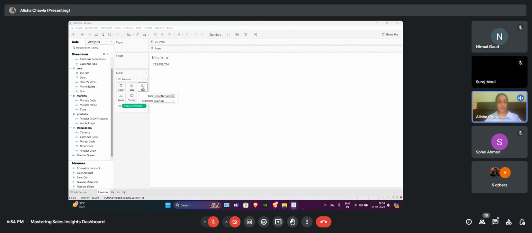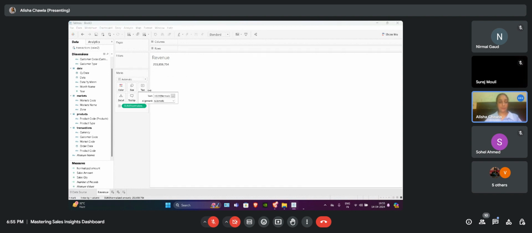To format any chart, any value, anything in our canvas, we use this marks card. This is for formatting purposes. We have our total revenue here, and this is our KPI.